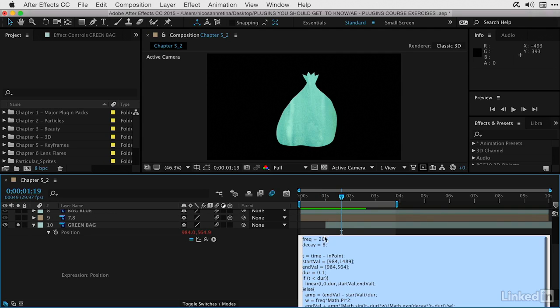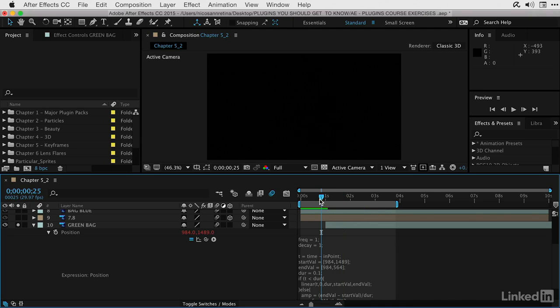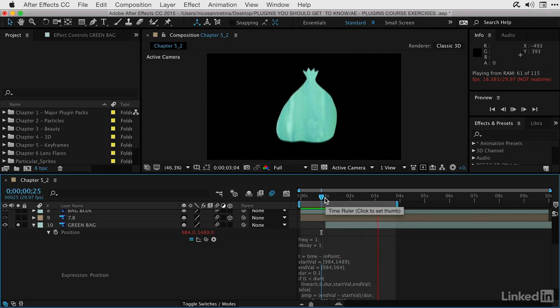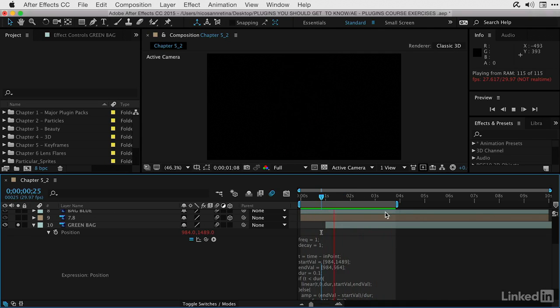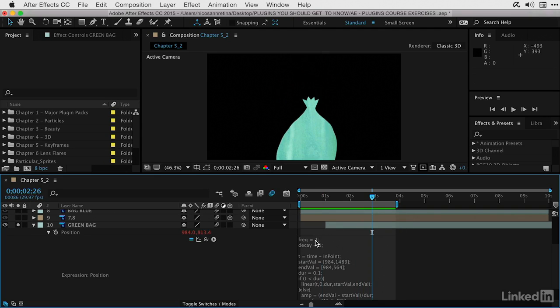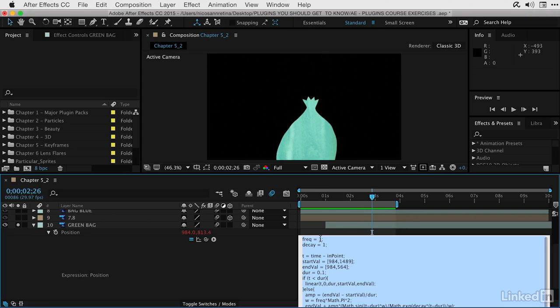Let me just make another change here. I'll make the frequency a much lower number, something like 1. Actually, let's do that also with the decay, just to see an alternative. There, where now it's bouncing all over the place. Much more aggressive and takes longer to stop. So you can play with these numbers as you see fit, kind of like a slider dial inside of After Effects. And all we have to really do is go to a website, motionscript.com, take the overshoot behavior and paste it